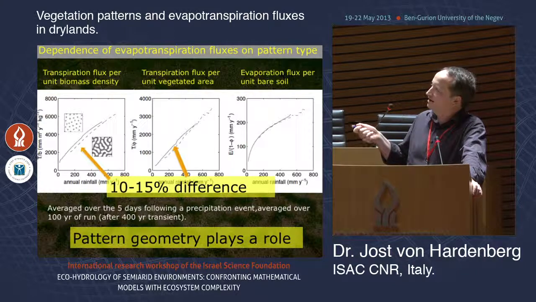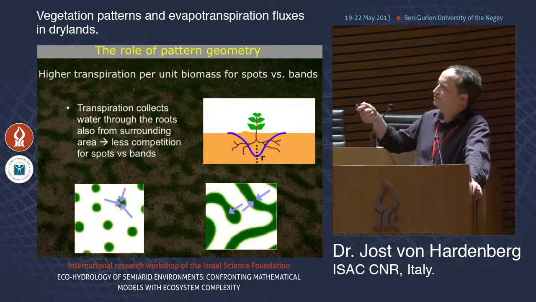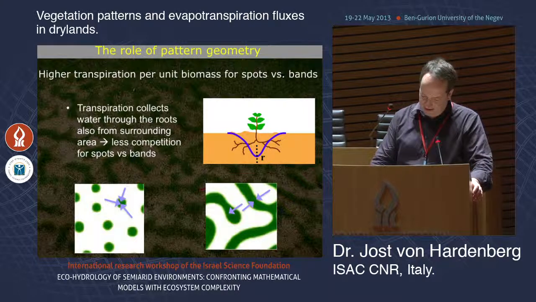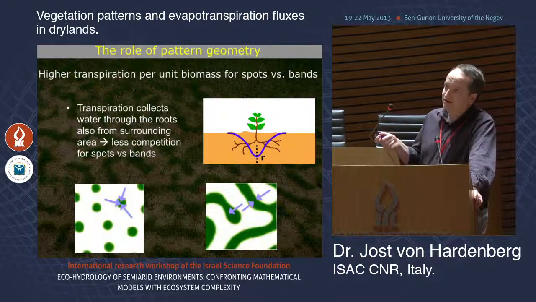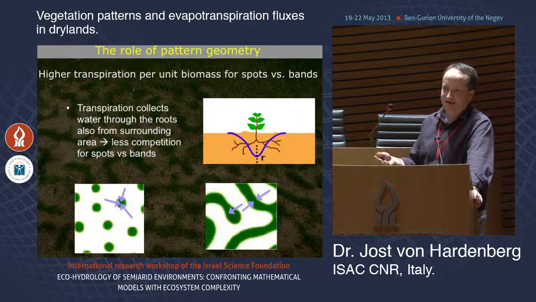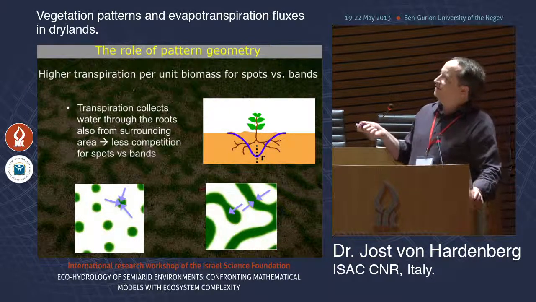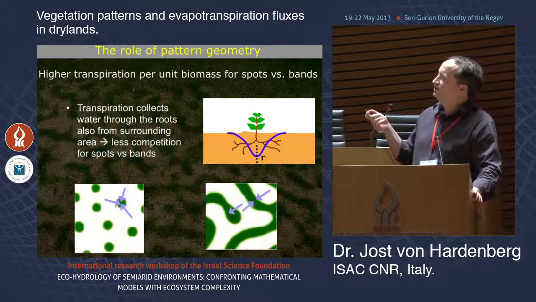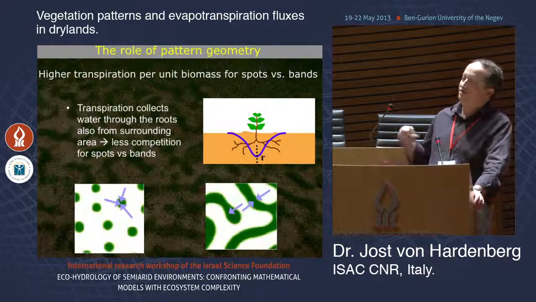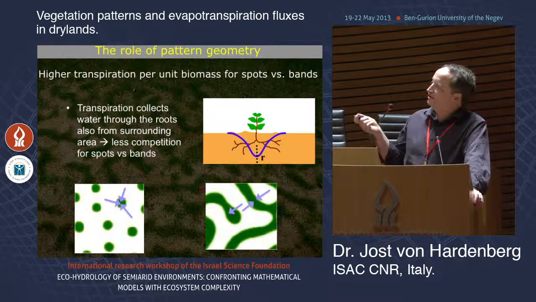Whereas we have two coexisting states of transpiration corresponding to the different patterns. The top line is for spots, the lower line is for bands. The differences are not big, 10–15%, but the main point is that the pattern geometry now plays a role. The fact that the pattern geometry plays a role is linked to the mechanisms of local feedback and competition which we put into the model, mainly, in this case, to